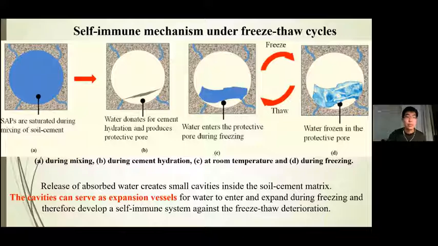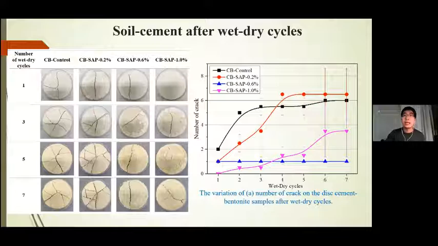So basically the release of the absorbed water creates small cavities inside the soil cement matrix, and the cavities can serve as expansion vessels for water to enter and expand during freezing, and therefore develop a self-immune system against freeze-thaw deterioration. In addition to freeze-thaw, we also tested the self-immune performance of soil cement incorporating SAP under wet-dry